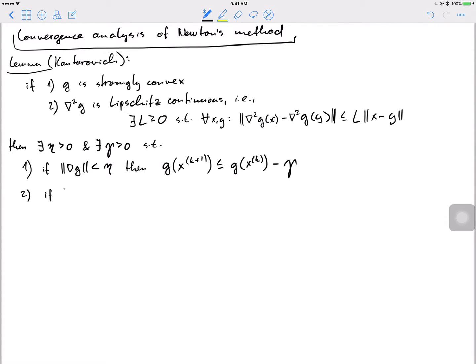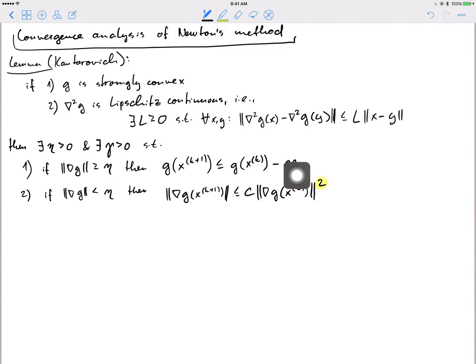Then the second case, if this is not the case, oh, sorry, I got this wrong. This was supposed to be greater or equal than eta. If it's less than or equal than eta, then an even more interesting thing happens. Then the norm of the gradient of g at x_{k+1} must be less than or equal to c times the norm of the gradient at the previous iterate squared. That's really the main thing there. All right. So the lemma says if these assumptions are satisfied, then the eta and gamma exist such that,